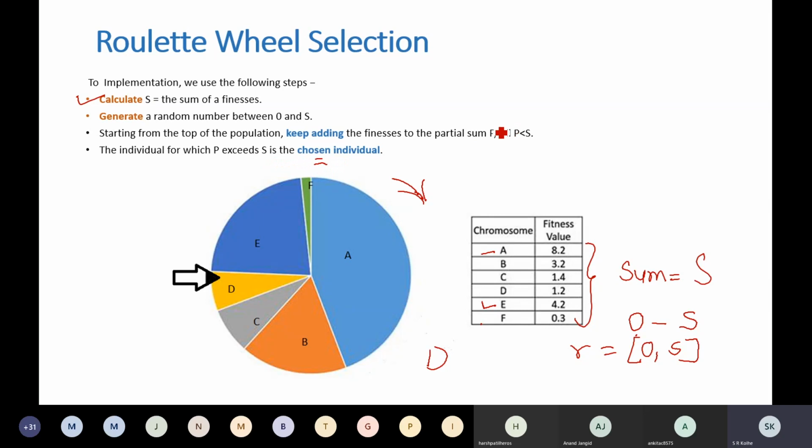That's how you simulate the rotation of the wheel, and it will stop somewhere.